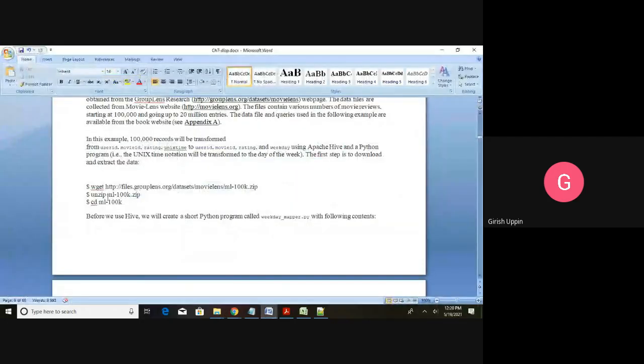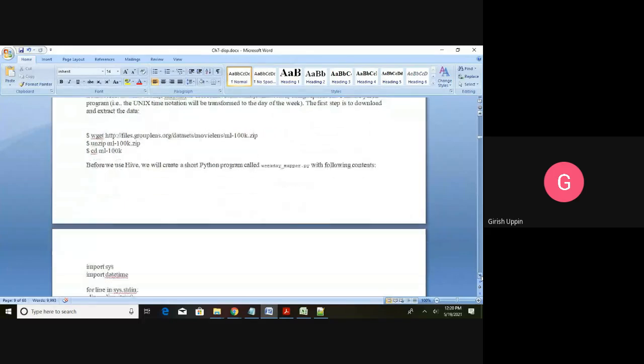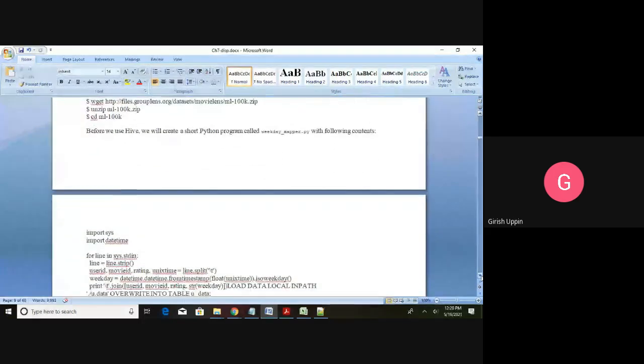We are going to download this file, unzip it, and move it to the current directory where we have this folder. We also have a Python program which will be a mapper that we are going to use along with Hive.